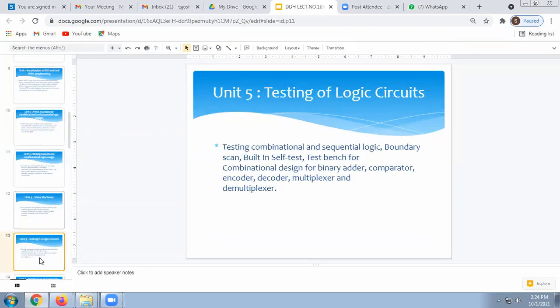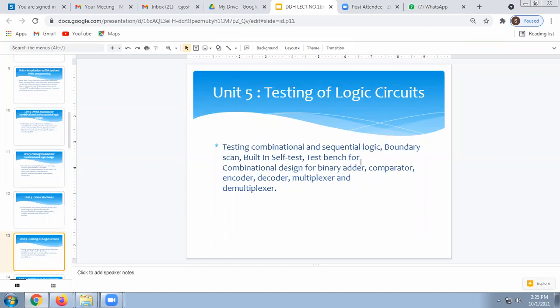Next is testing of logic circuits. So here, testing of combinational and sequential logic circuits, the boundary scan, built-in self-test, test benches. These are various types of testing the circuit.